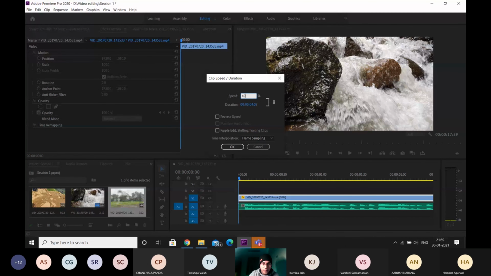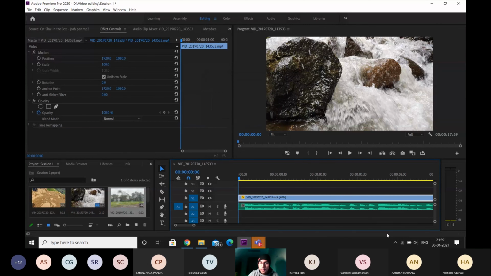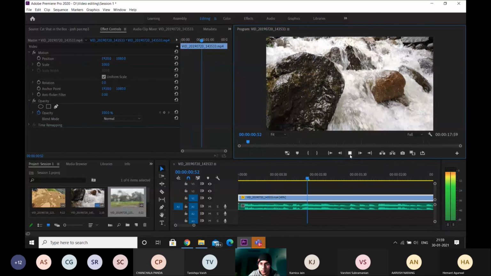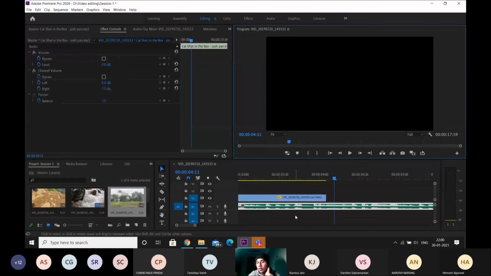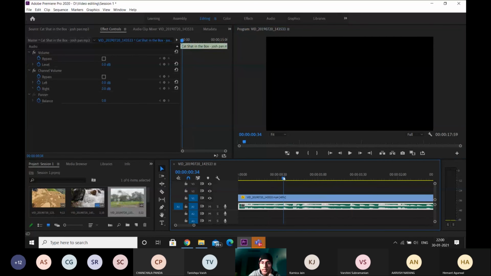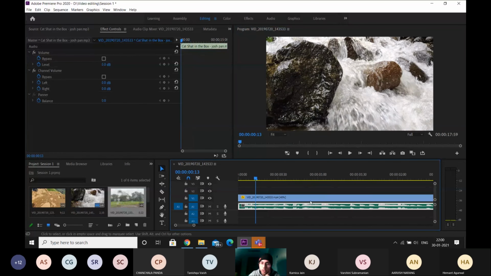Just follow along. If I make the speed 40 as well, the video is going to play at 24 frames a second. That will also look smooth. So I can bring the video down to 40%. According to me, this particular video looks better than the original one. The original was too fast.